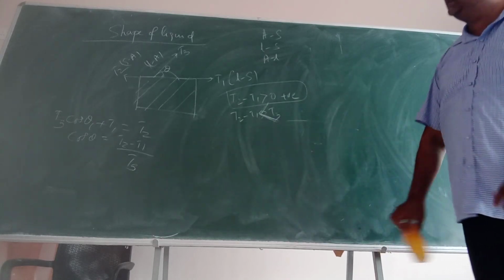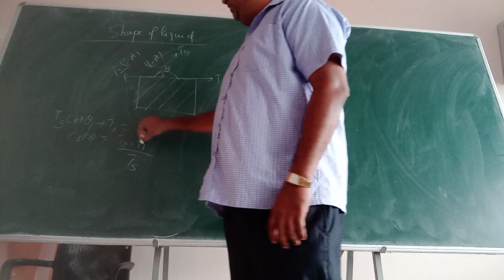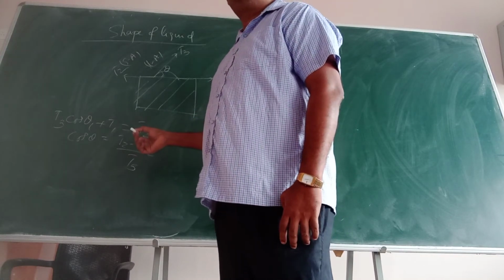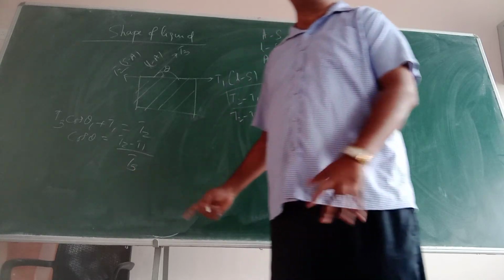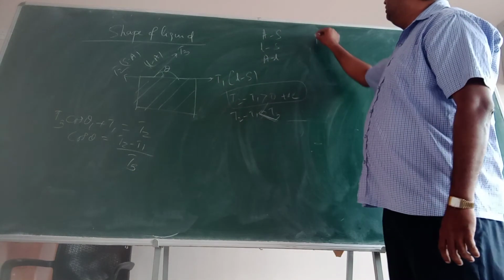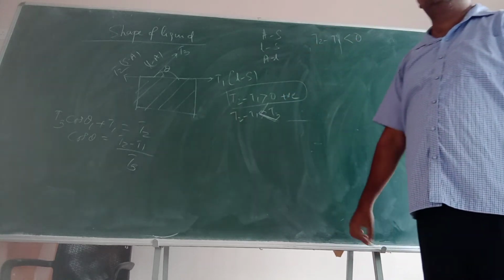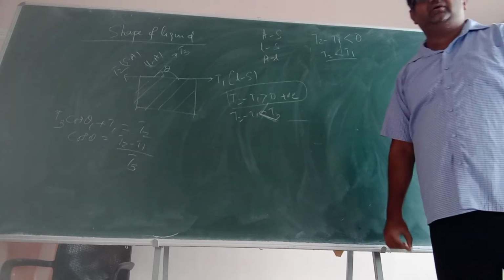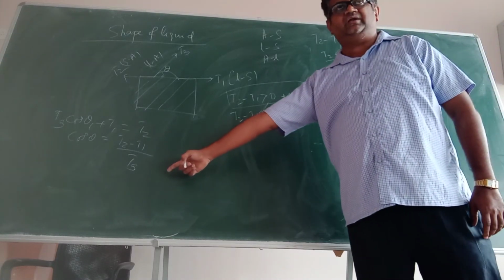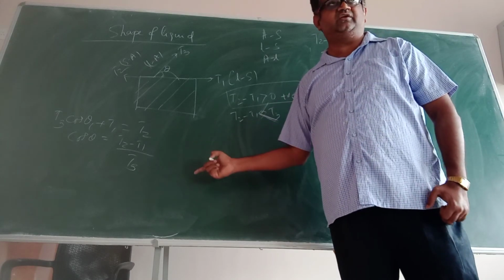Let us say here T2 minus T1 is negative. It can happen. T1 value is more, T2 value is less, T2 minus T1 can become negative. So T2 minus T1 becomes negative. That means T2 is less than T1. First point. But numerator has to be more than denominator. I am talking the value part. Numerator has to be more than the denominator.